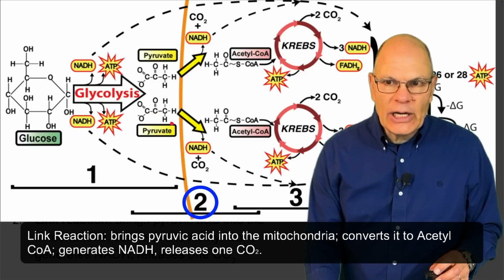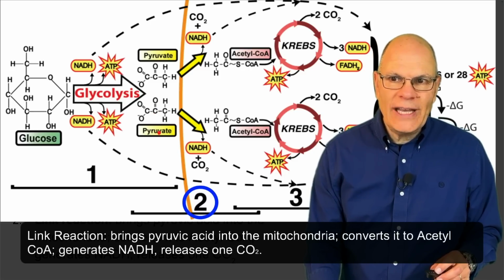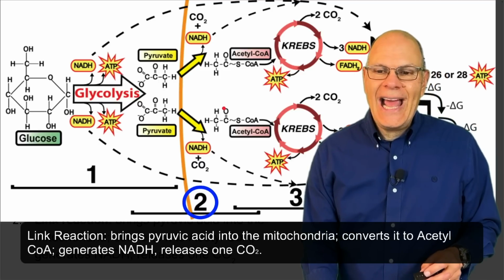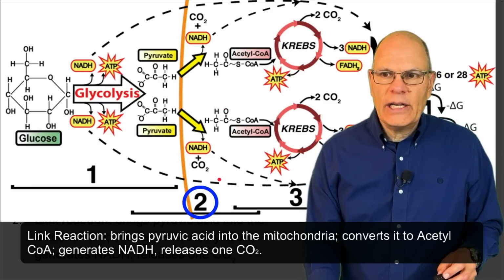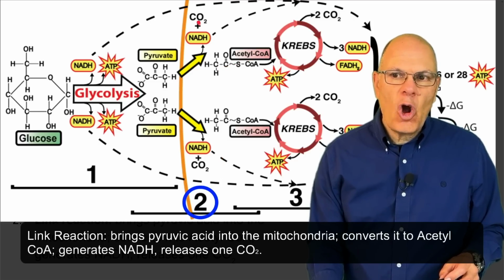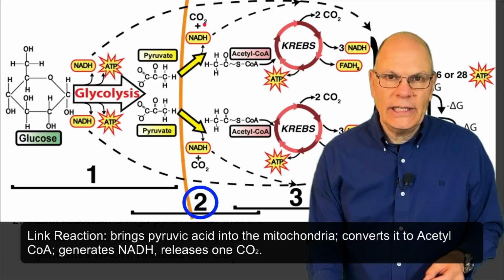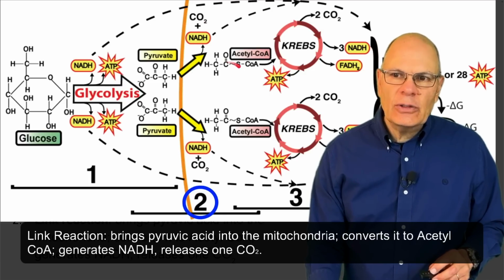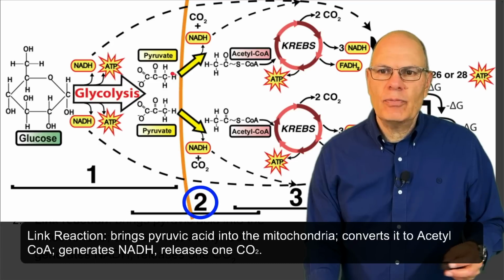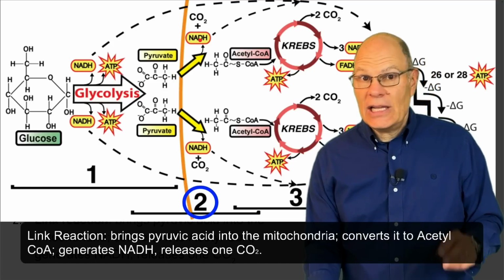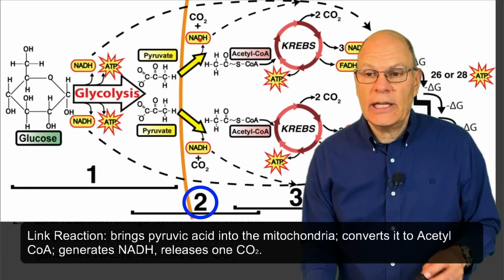In the link reaction, pyruvate enters into the mitochondrial matrix, and enzymes along the way convert it to a molecule called acetyl-CoA with 2 carbons. The carbon that's removed is released. That's 1/3 of the carbon dioxide that you exhale. And that conversion powers the reduction of an NAD+ to NADH,